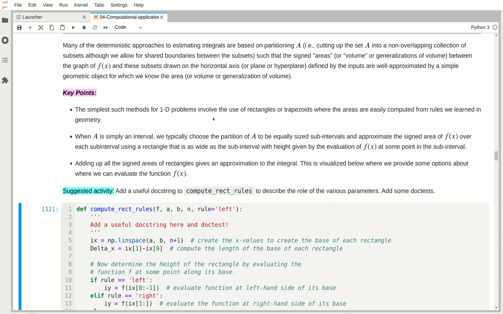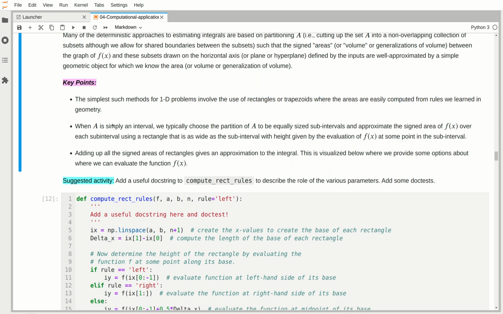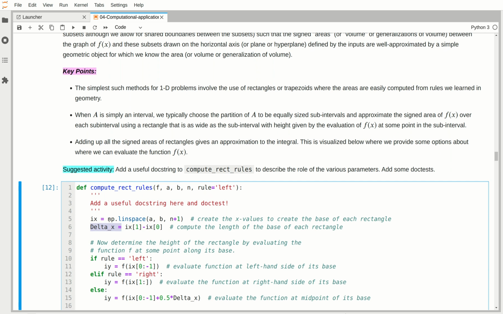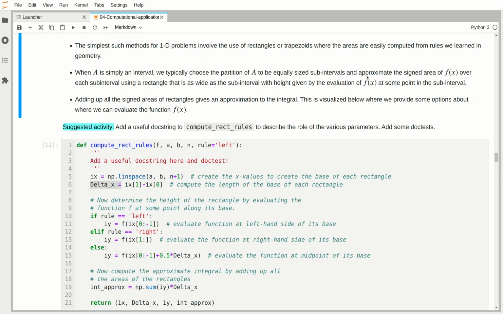So in 1D cases, what we typically do is use rectangles or trapezoids, because these are objects that have areas easily computed from rules we're familiar with from previous classes. When A is an interval, as we're going to restrict ourselves to 1D cases primarily, we typically partition A into equally sized subintervals. This doesn't have to be the case, but typically it's equally sized subintervals with a length that we refer to as delta x, which is why in the code you'll see I have this variable defined as delta x. This will be used to approximate the signed area of f of x over each subinterval